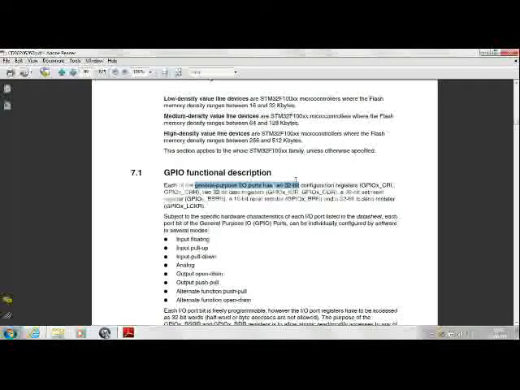You have two 32-bit registers, one for input, the other for output, that is the input data register and the output data register. One single 32-bit register that is called the bit set reset register. A point to note is that you have a single register for set as well as reset. This implies that you have only 16 bits per port which you can output, even though it's a 32-bit microcontroller.